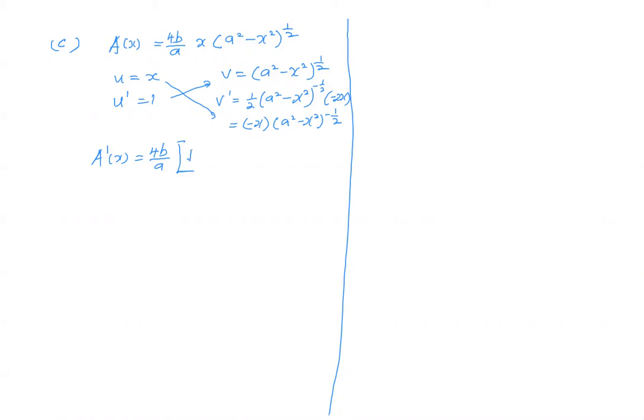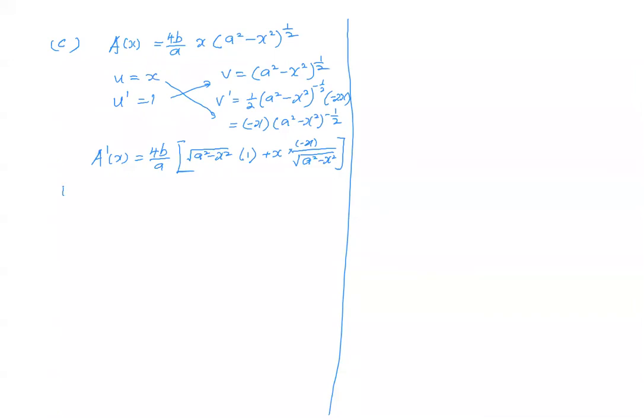You can put it as square root. Okay, then times 1 plus x. And this one, since the power is negative half, I will put it as a fraction, negative x divided by square root of a squared minus x squared. Okay, so sometimes you try to do some changes so that it's easier for you. So now we know that